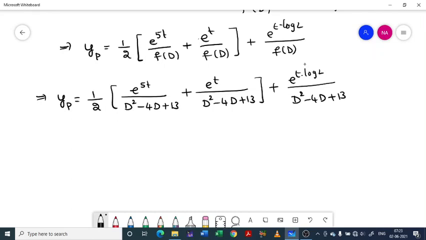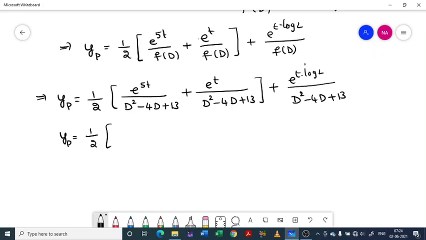See, the equation has complex roots, but the values of a are real here, so you can just substitute. There is no problem of vanishing denominator. So yp will be 1 by 2 times of, here d is 5, right? You can substitute,